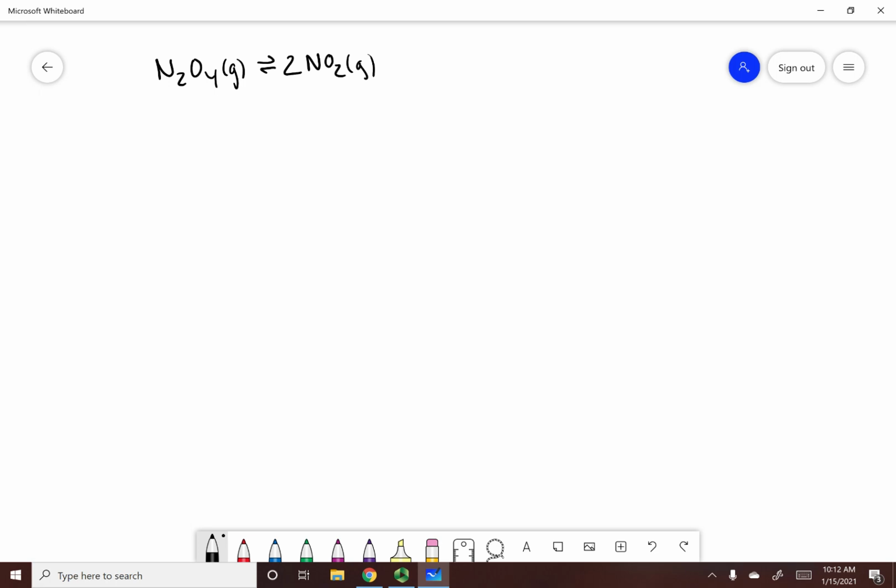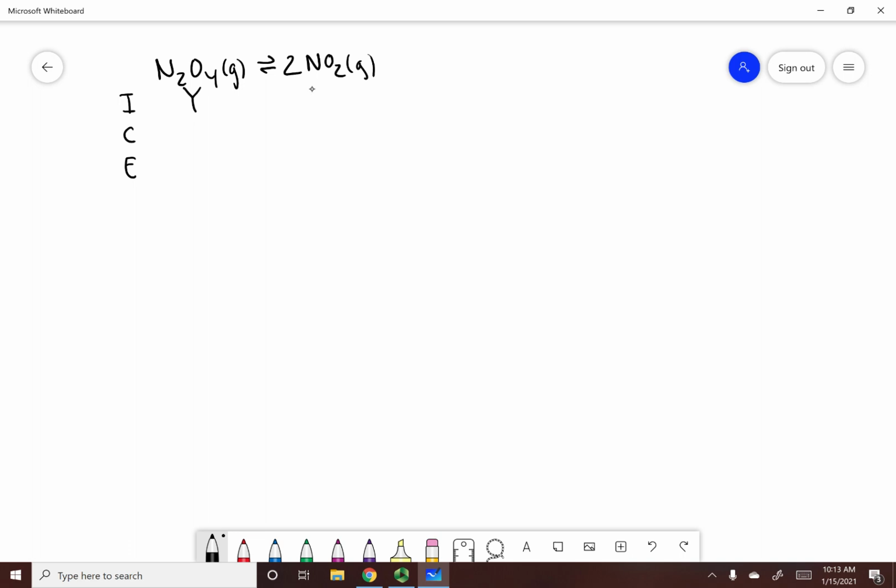So let's go ahead and write our ICE table out. So ICE, and the reason we're invoking an ICE table is we have an initial concentration and we want to find equilibrium pressures such that we can go ahead and calculate Kp. So let's go ahead and talk about our initial conditions. So for N2O4, they say they add a certain amount of gas into our container. Now they don't tell you how much gas, so I'm going to use the variable y to represent that initial